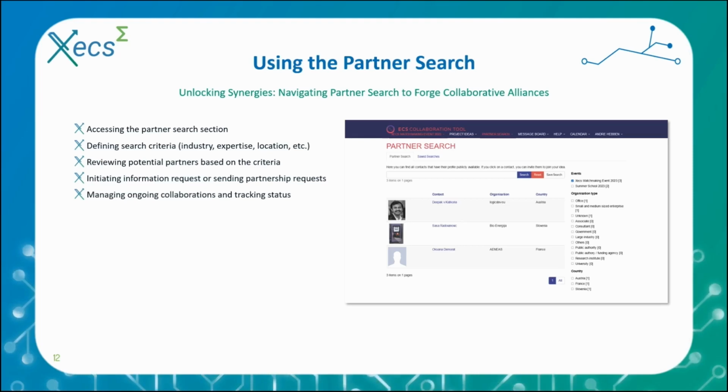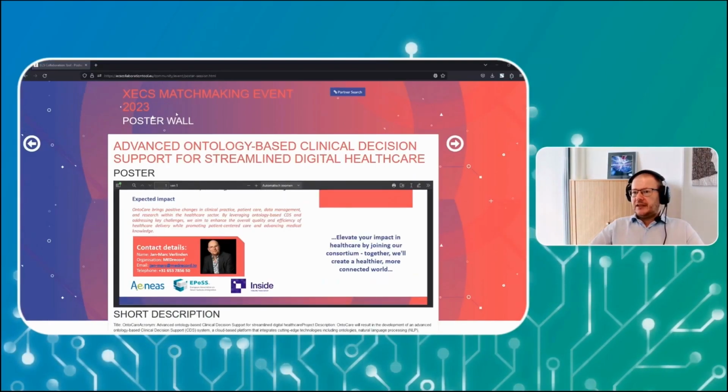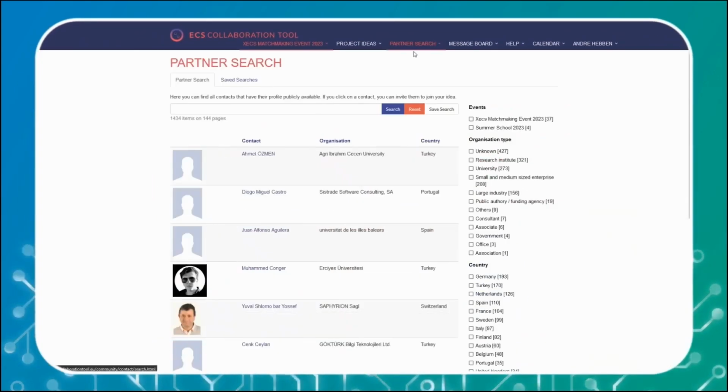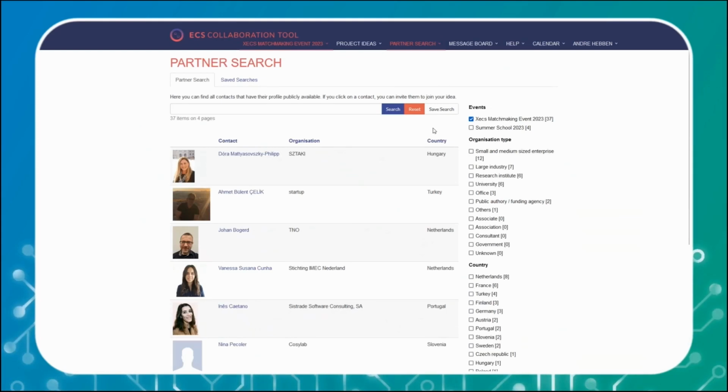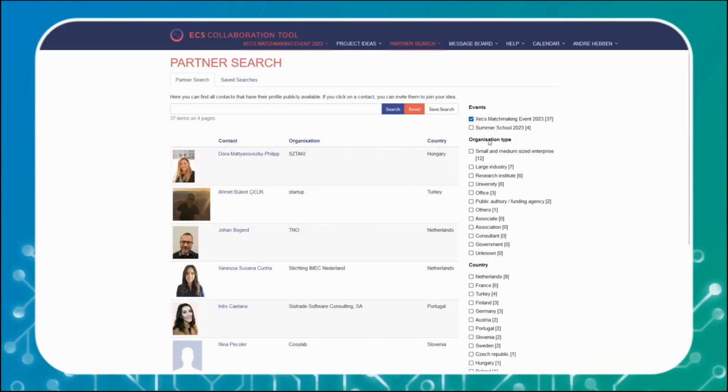So I will just show you how it works. Okay, so we navigate at the top to partner search. It's the third button at the top. Then you see all the partners available. On the right side, you can select which kind of criteria you want. So for instance, if you want to have all the partners only from the XECS event, you can enter the selection, and it shows only those specific partners. You can select by organization type and by country,